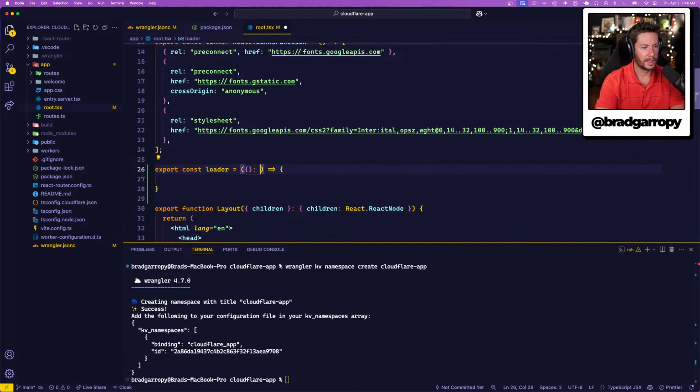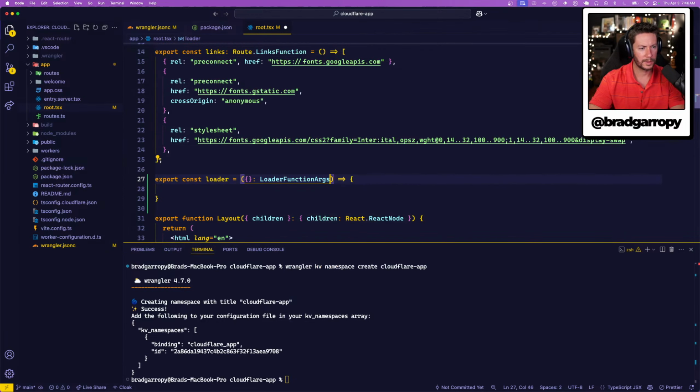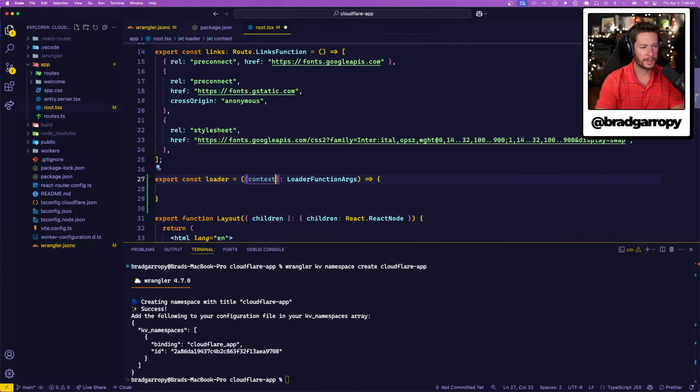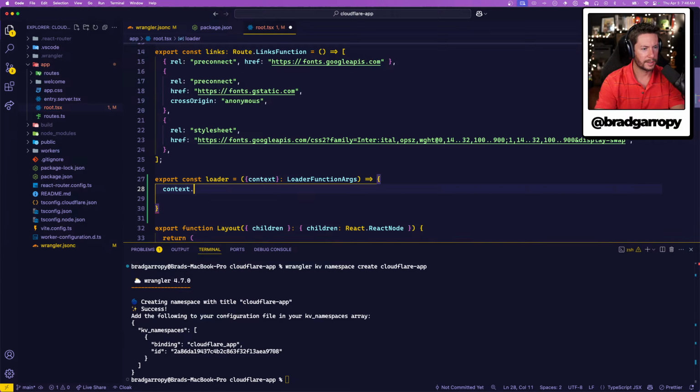And in here, I believe this is loader. Loader function args, context. And I'm assuming in context,